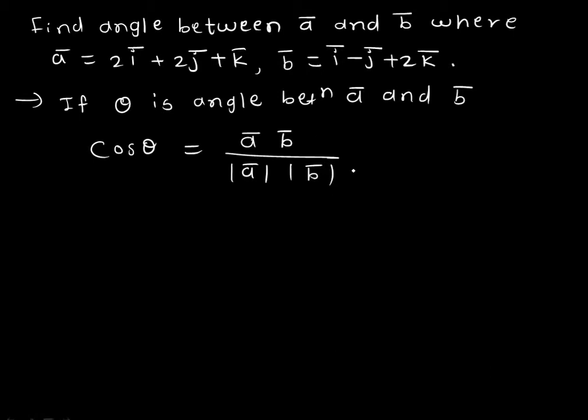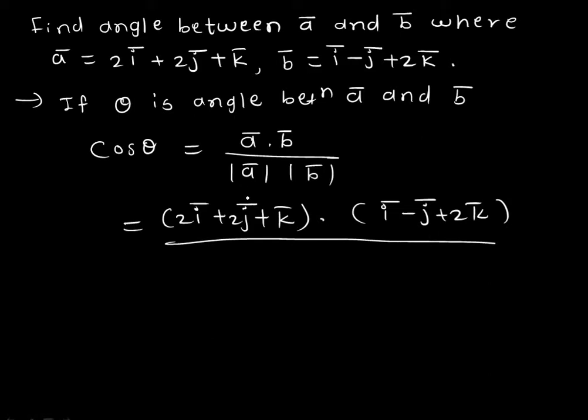Here a bar is 2i bar plus 2j bar plus k bar, dot b bar, which is i bar minus j bar plus 2k bar, upon